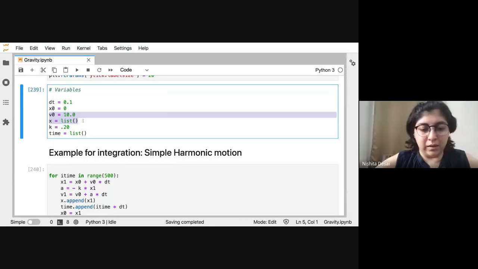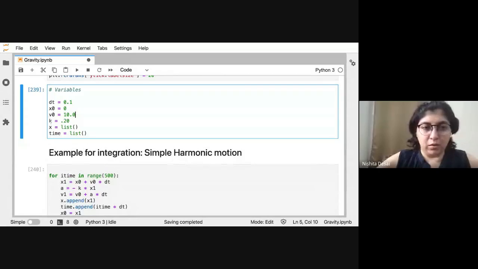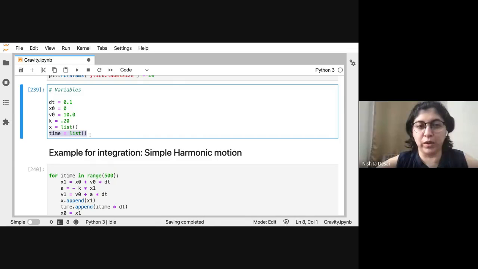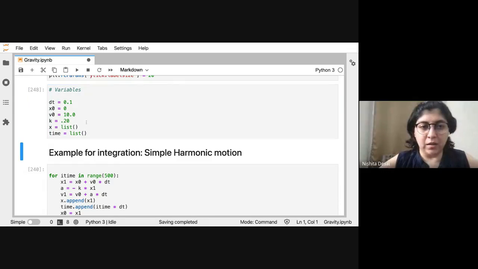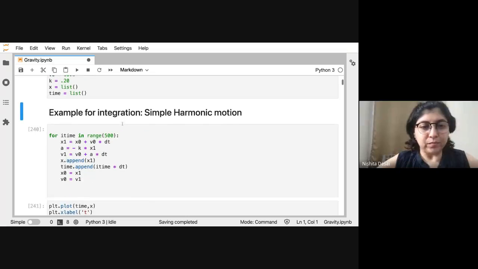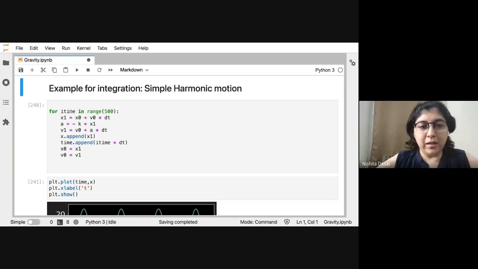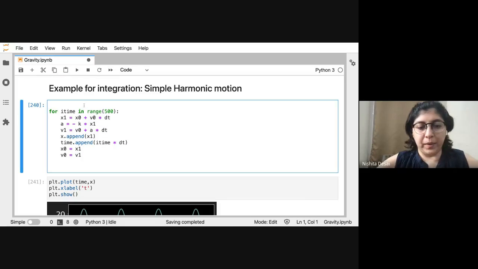And the main thing that you need is essentially the position of the oscillator, that is the x, and the time. That's the thing that we're going to plot, right? So these are two lists that we're going to fill as we do the integration. Okay, so that's the first thing we do. Okay, so then this is simply the Euler method,